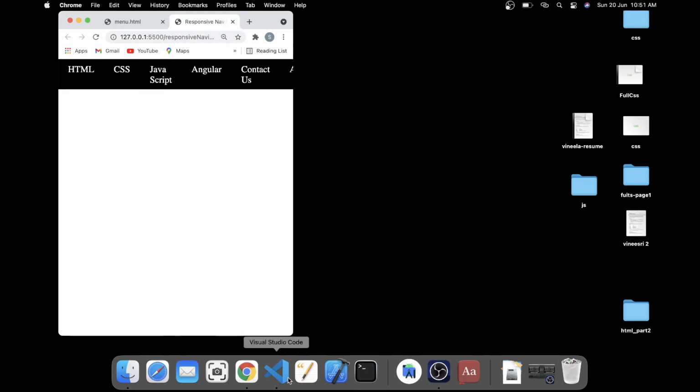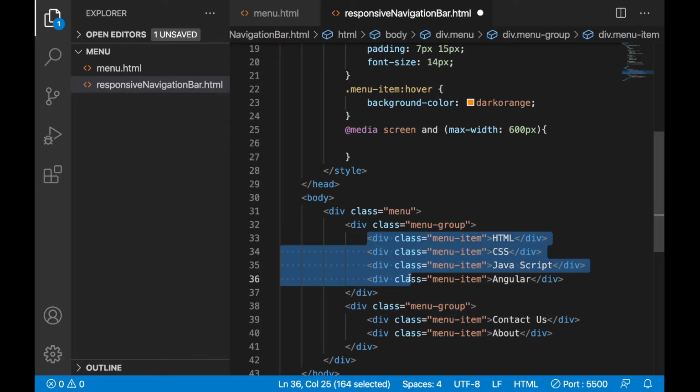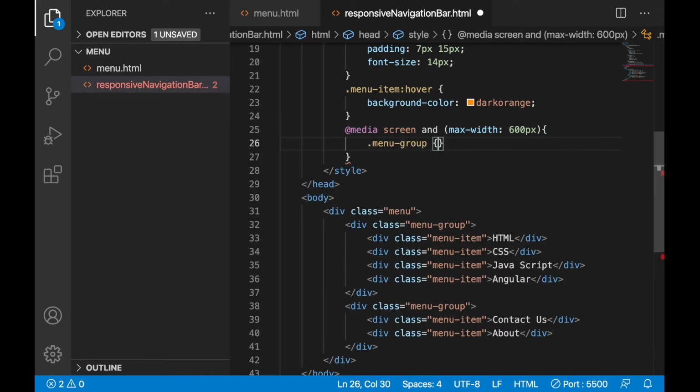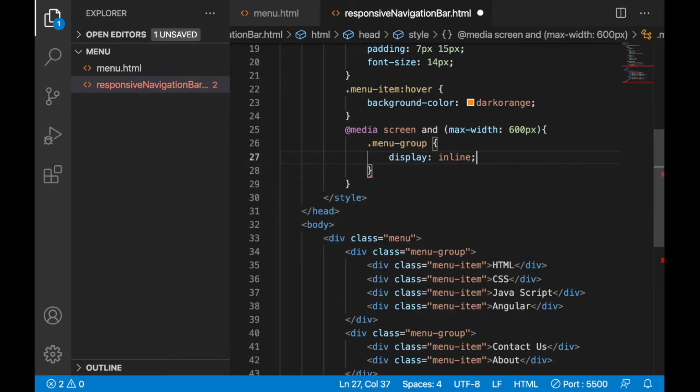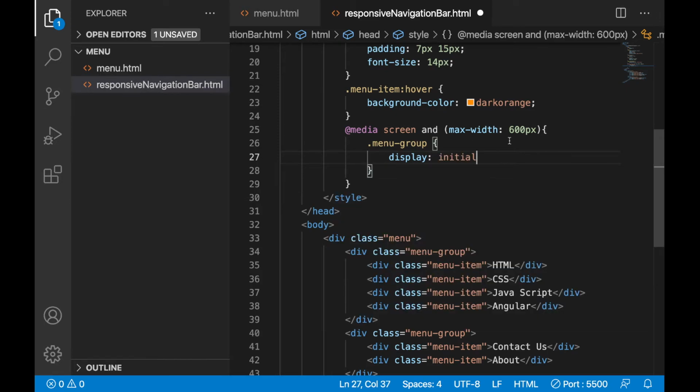So let's go to our code. Menu group has display flex, because these four items should come side by side. So for this, let's remove display flex. Let's say display initial. Yeah, initial means whatever is there by default, it will come.